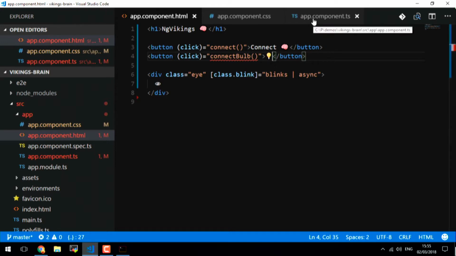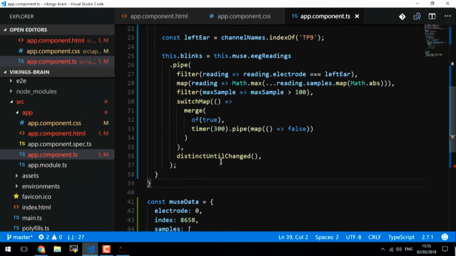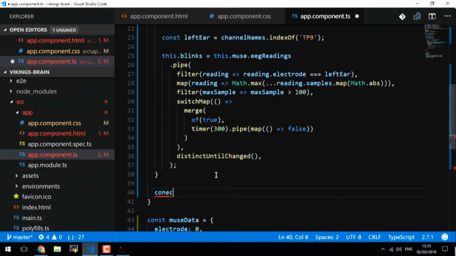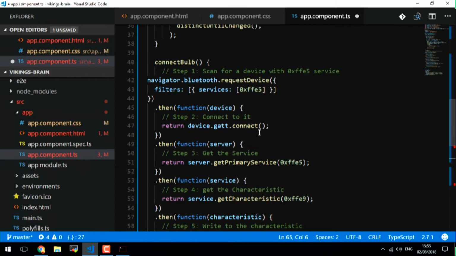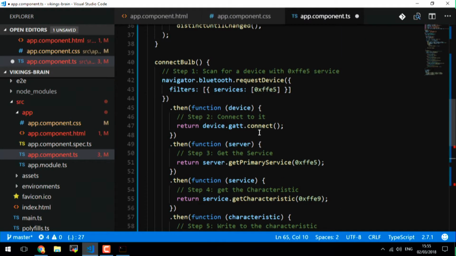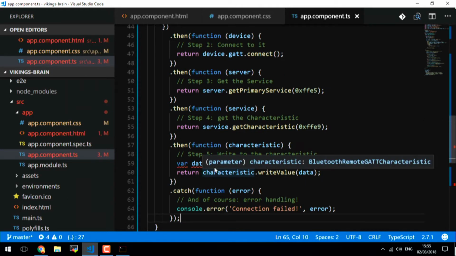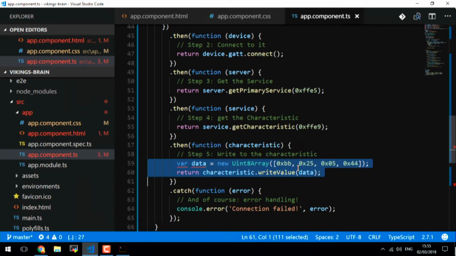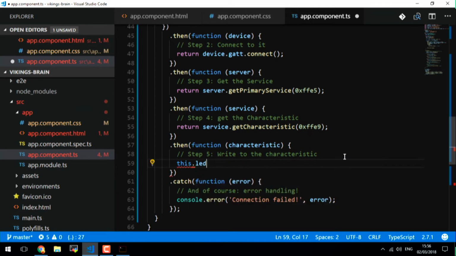Let's paste the code that we just copied into connect bulb. Again, this is a raw Web Bluetooth API that I copied from my blog. And if you are sharp, you will be able to spot the next error. So I do a bunch of things. They are explained in my Web Bluetooth tutorial. And basically, I get something called characteristic, which I can then use to send data to the bulb. And I'm going to save it to my